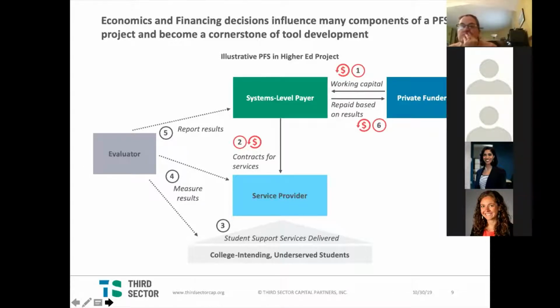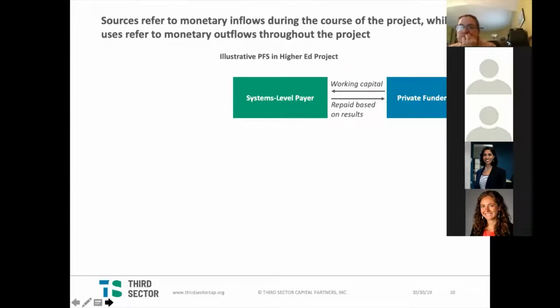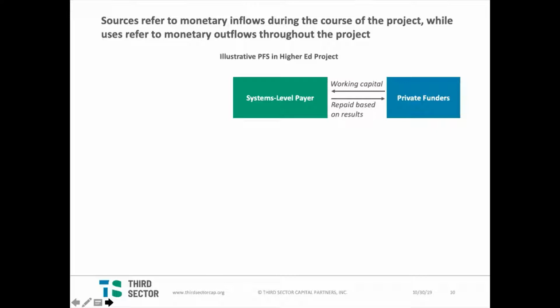So where there are dollar signs, that's where there's an obvious exchange of resources. But really today we're going to focus on the upper two boxes. So the private funders and the systems level payer and the relationship that happens between those two main stakeholder groups. So in Pay for Success projects, there are sources, the monetary inflows, and uses, the monetary outflows